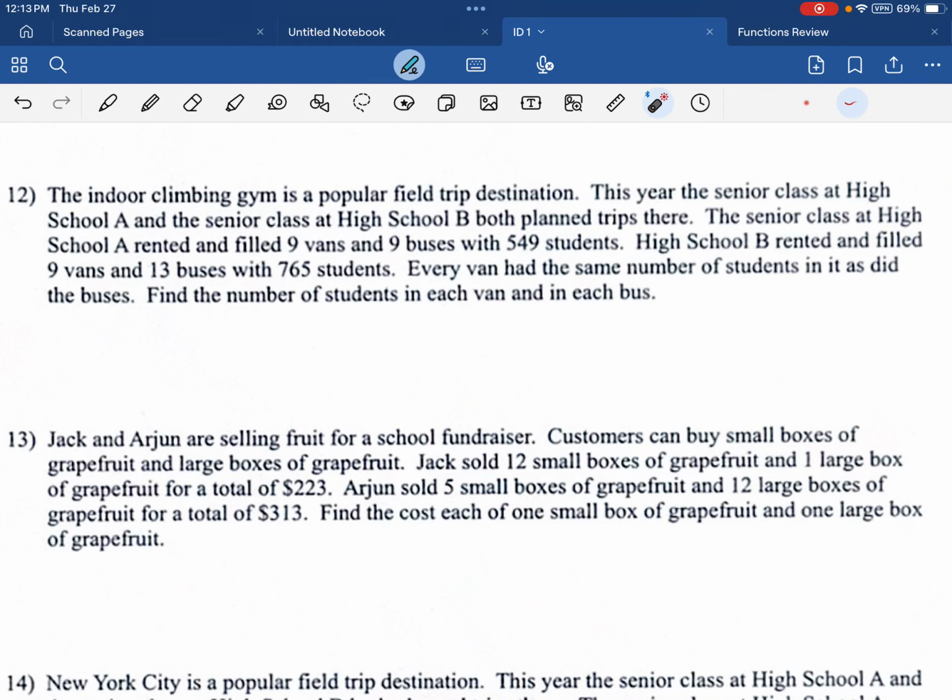Alrighty, let's jump into a word problem here. The indoor climbing gym is a popular field trip destination. This year, the senior class at High School A and the senior class at High School B both planned field trips there. The senior class at High School A rented and filled 9 vans, 9 buses with 549 students. High School B rented and filled 9 vans, 13 buses with